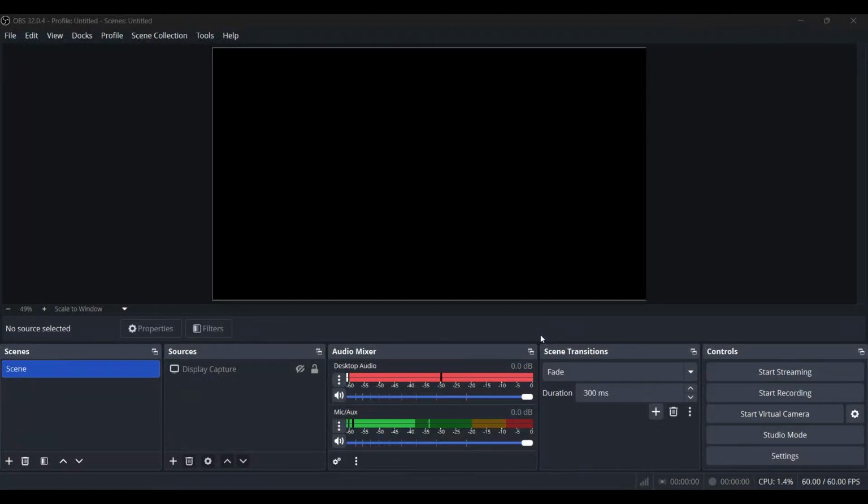In today's video, I'm going to show you exactly how to add a microphone to OBS Studio so your voice is recorded clearly in all of your streams and recordings. This is one of the most important settings to get right, whether you're streaming on YouTube, Twitch, or recording videos for later upload. If you've ever noticed that your gameplay or screen is recording, but your voice is missing, this